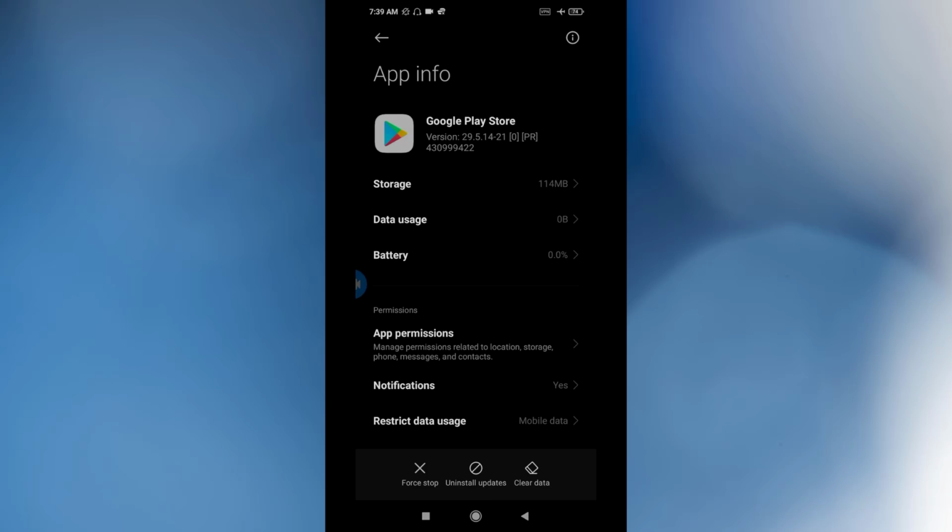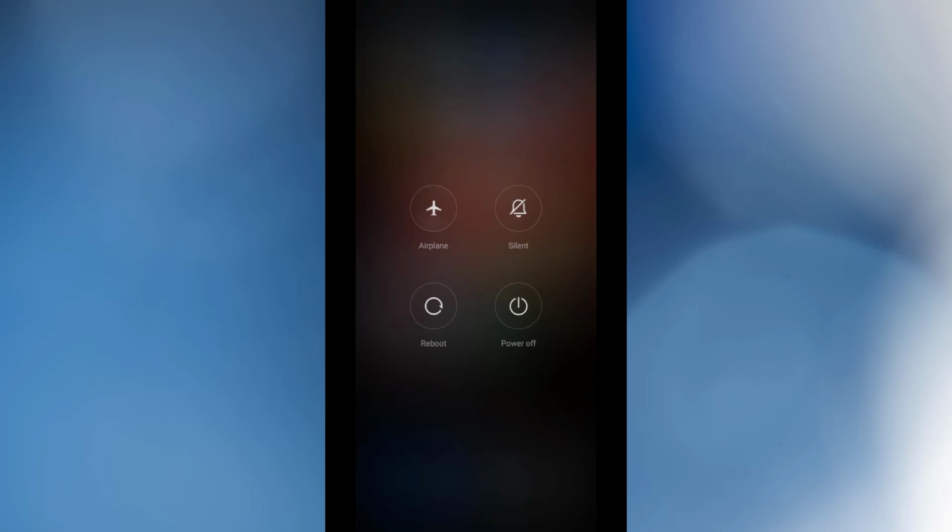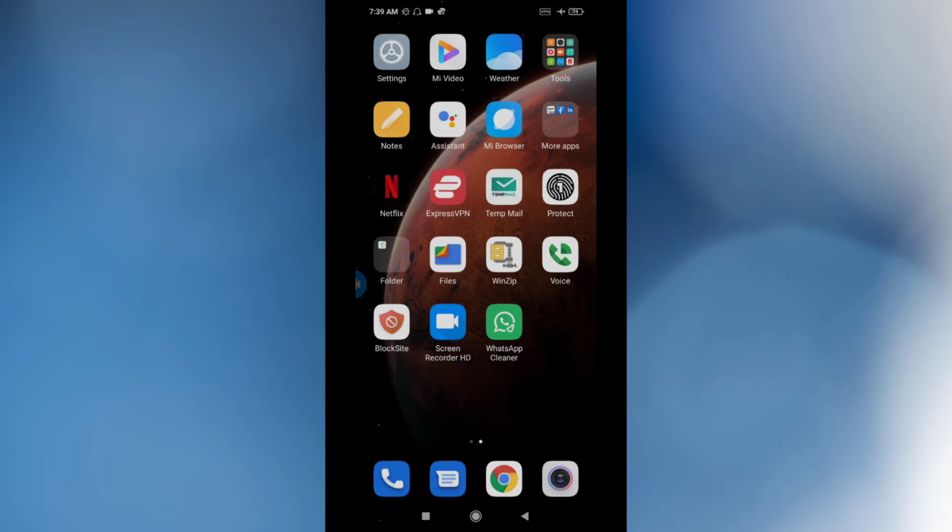And the second step is hold your power button, and you need to reboot your phone or restart your phone. If it's not working for you,